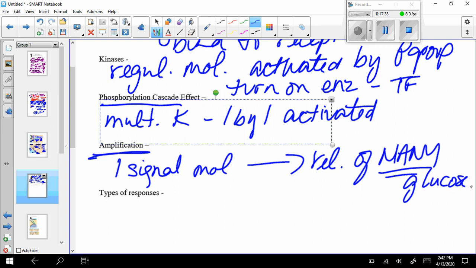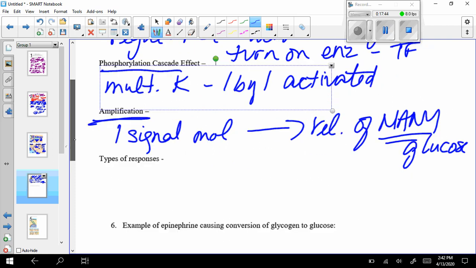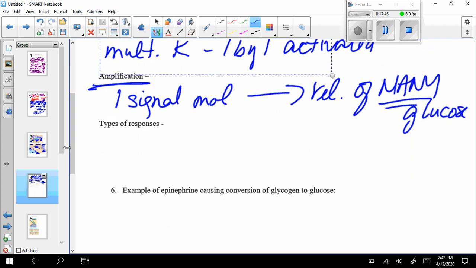So all you needed was that one little bit of epinephrine, and your body released so much glucose it increased your blood sugar level like crazy. So you can amplify a signal, meaning you can make it multiply. Types of responses. We have done this already, but really common types of responses are to release a certain